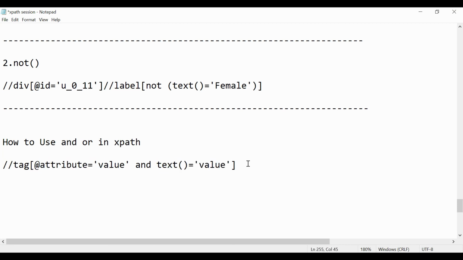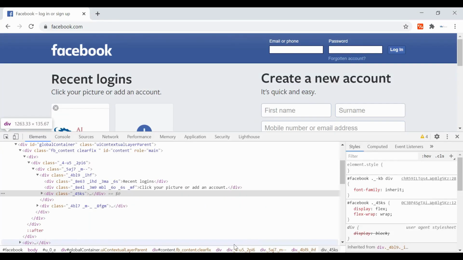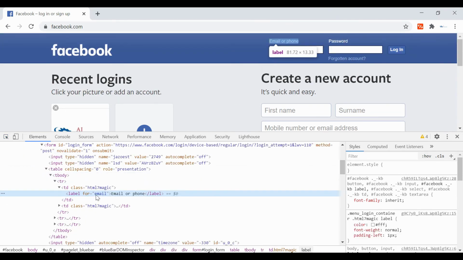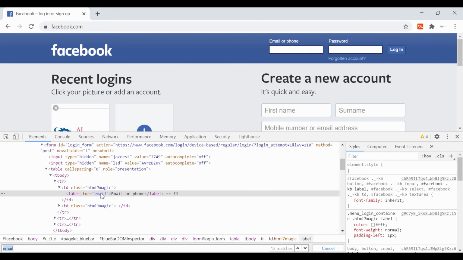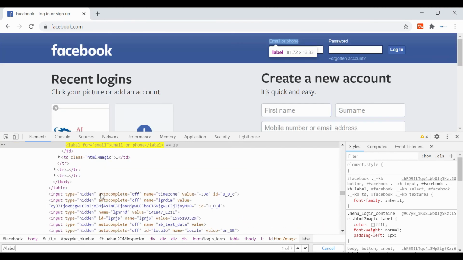Okay, so let me give an example to you. Accordingly you will be able to understand. Okay, so let us inspect this. For this we have already created an XPath. Control F. Label tag with @for equal to its value. What is the value?